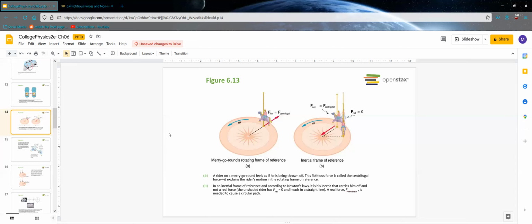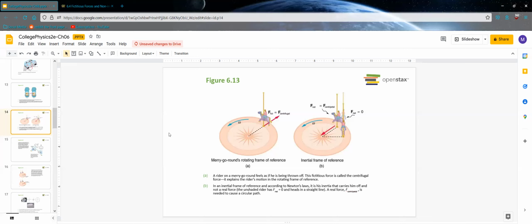You take a snapshot at any given moment, you have a velocity perpendicular to the rotation of the merry-go-round. The reason you go around the corner is because you're gripping the merry-go-round, and the force of you gripping the merry-go-round is dragging you in a circle. If you let go of the merry-go-round, you fly off of it because you want to keep going straight at that snapshot. That is centripetal motion, is your hands gripping going around, and centrifugal motion, the fictitious motion, is the